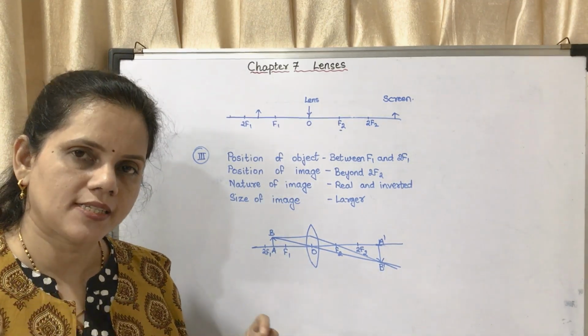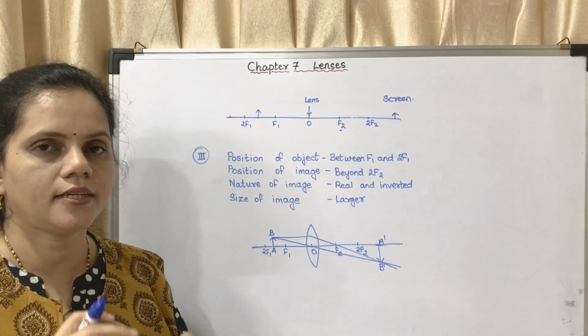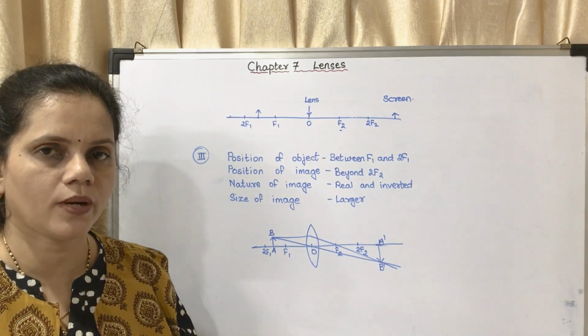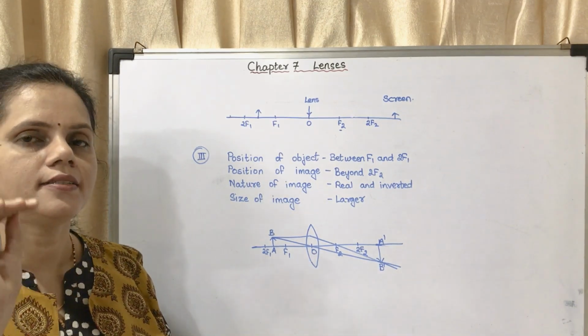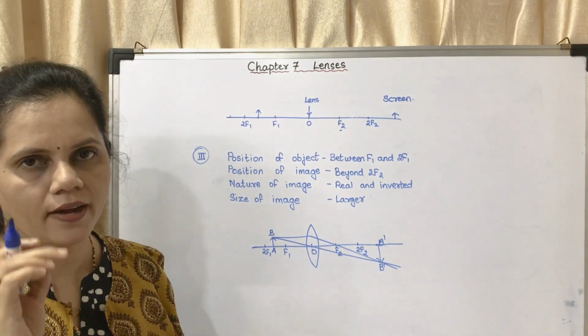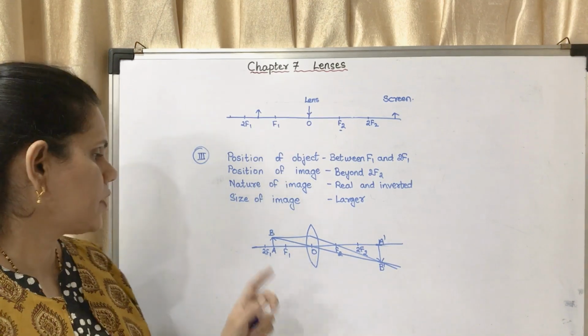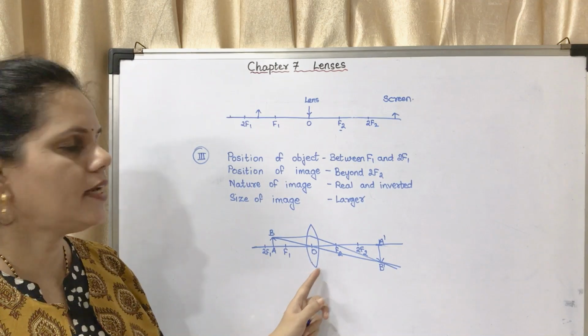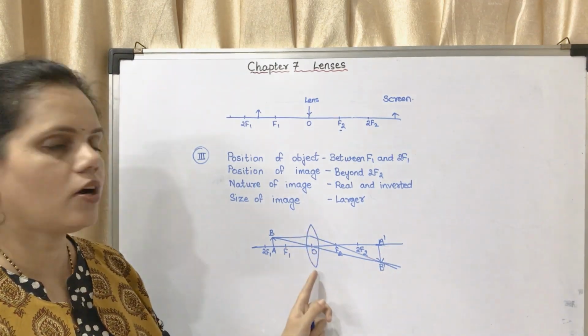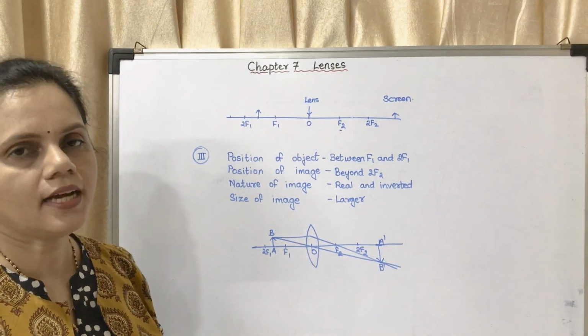So you have to draw a straight line. You have to differentiate it into 0, 3, 6, 9 and 12. At 6 you have to put an O, optical center. 3 lines above, 3 lines below. You have to draw a dotted line. You have to place your compass at 2F1. Draw a curved line. Compass at 2F2. Draw a curved line. You will get the lens.